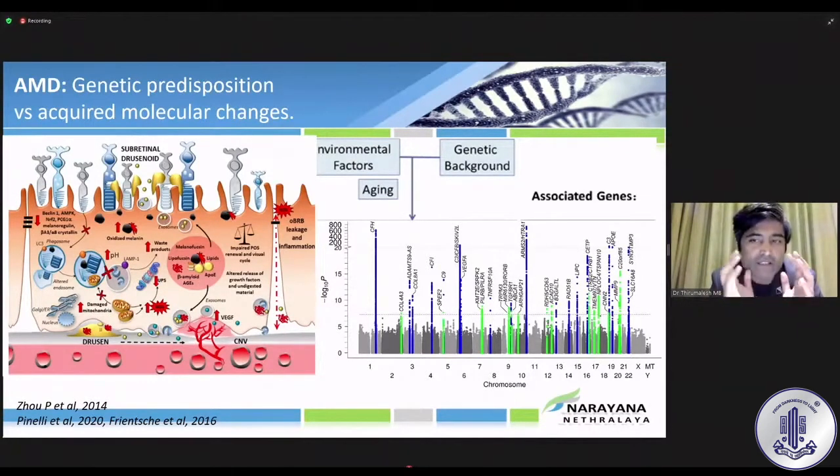So whenever there is a failure in the lysosome activation and it's not doing its work properly, it sets in an inflammation at the cellular level, which initiates a process called inflammasome activation. And the continued processing of the outer segments causes deposition of drusen, and the continuation of which, also associated with inflammation